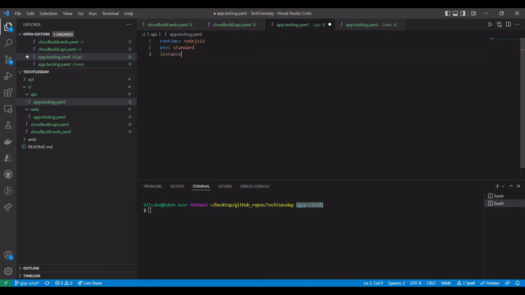Instance class, so we're gonna just use an F1. This is the smallest one for standard, just because this is a testing environment. I'm creating servers. This is gonna be the name of the service that's gonna be deployed. So I'm using default API,